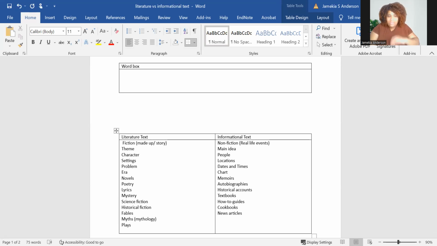So let me add that. Those are usually the first three things that we would pull out, because you should be able to identify that within the first few paragraphs of your reading. Yeah, the first at least 2 to 3 paragraphs should already give you that information. And then of course, in literature, who are the people, the location, the dates, whatever else that is concerning that you want to look at.